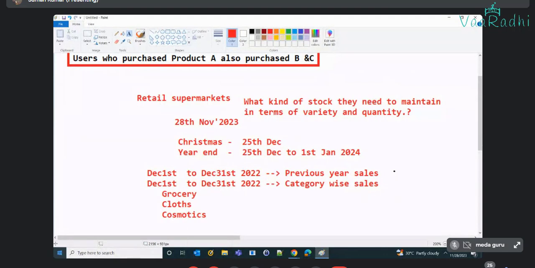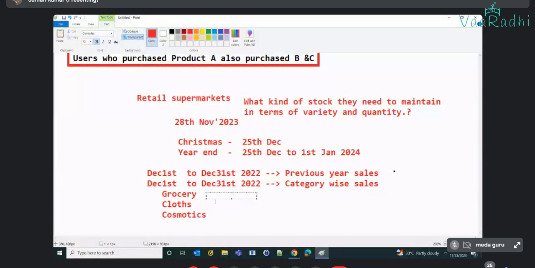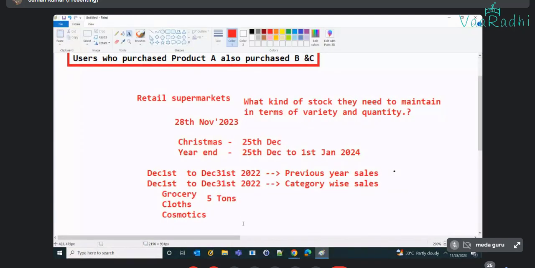With that, if they understand that during this period grocery sales are high, they'll also look at the quantity that sold. Let's suppose 5 tons of grocery were sold last year. So what does it mean, guys? In the last year, December 1st to December 31st of 2022, if they had sales of 5 tons of grocery, what kind of